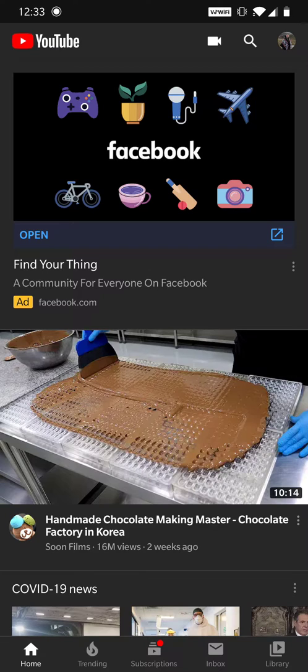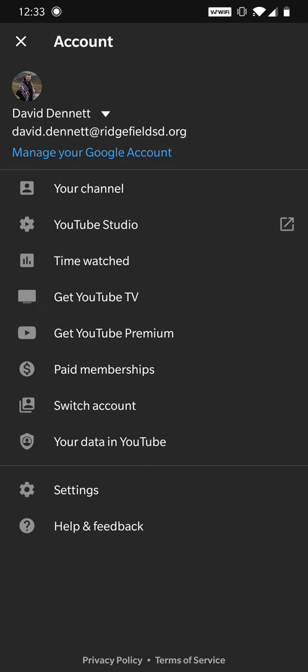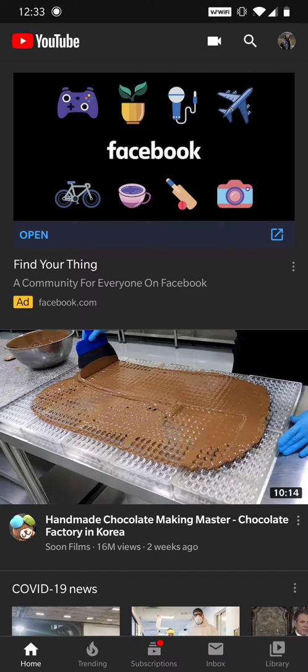So select your YouTube app, and first thing I like to do is in the upper right corner, make sure that I'm logged into my school account and not my private account, so I don't have to send kids to my private account. And then we're going to click on the camera icon at the top to make our own